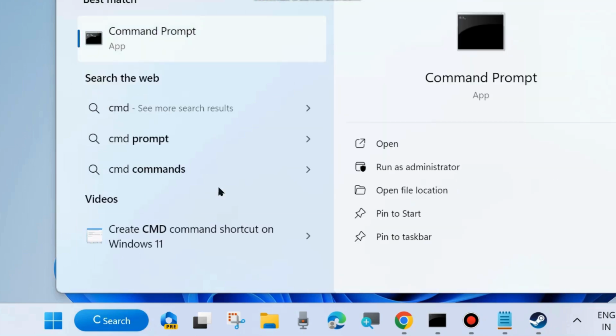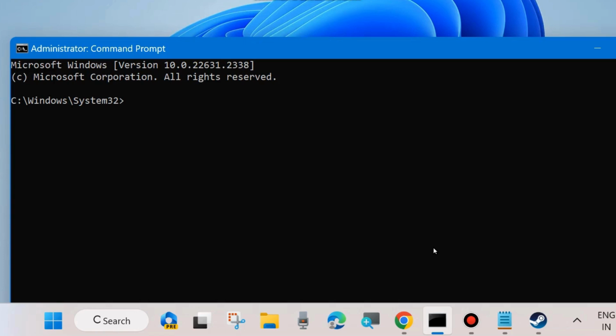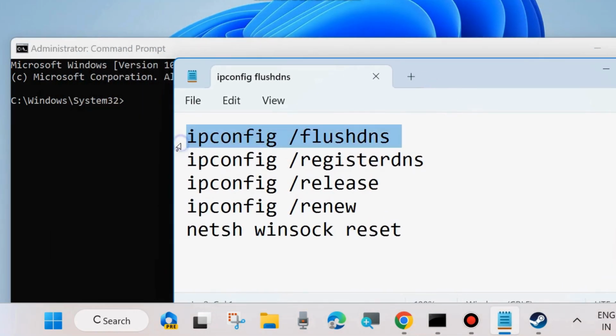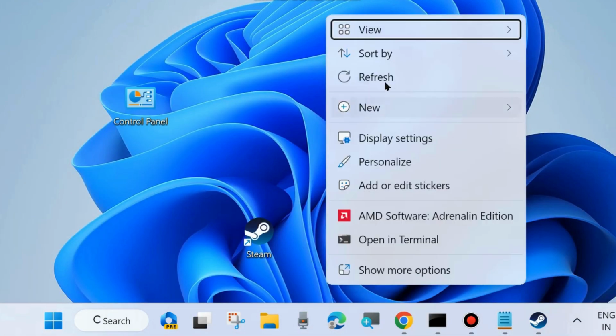Go to Windows search and type CMD and open Command Prompt in run as administrator mode. Click on Run as administrator, and in the Command Prompt window you will have to execute these 5 network related commands one by one: ipconfig /flushdns, ipconfig /registerdns, ipconfig /release, ipconfig /renew, and netsh winsock reset. Execute all these 5 commands one by one, followed by the Enter key each time, to reset your networks, flush DNS caches, and release the IP configuration, and after that restart your system and check whether your error is resolved or